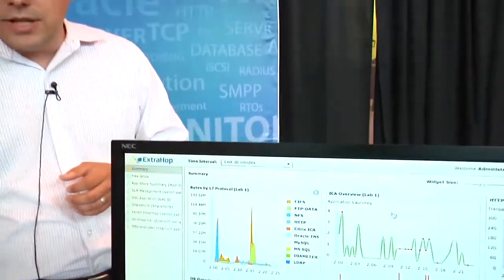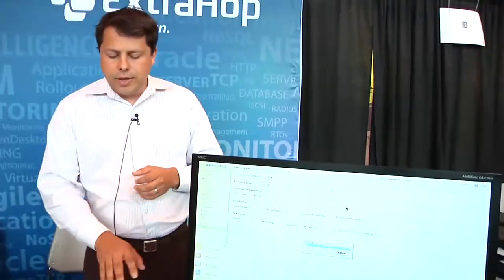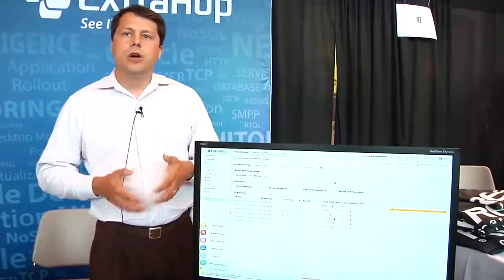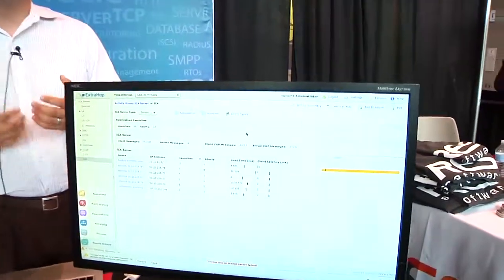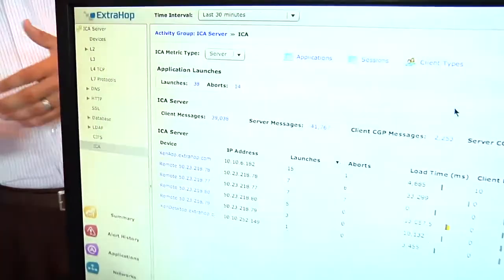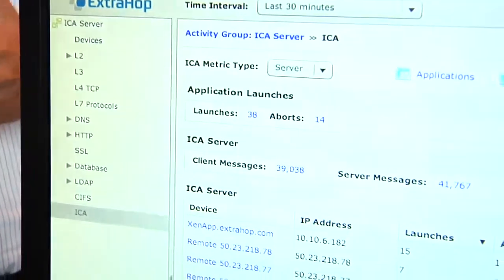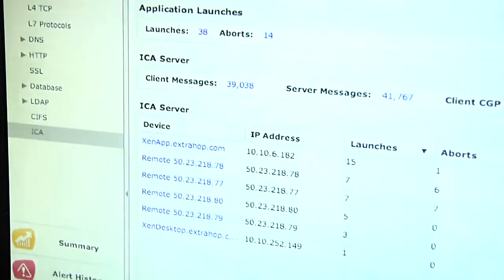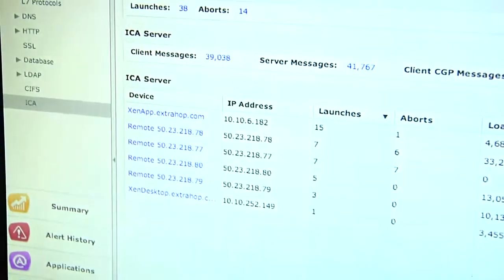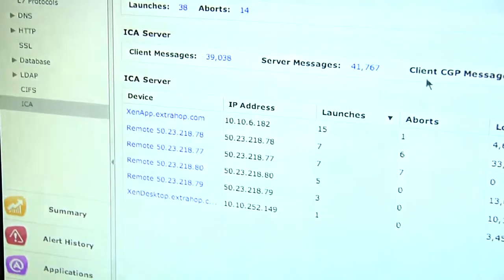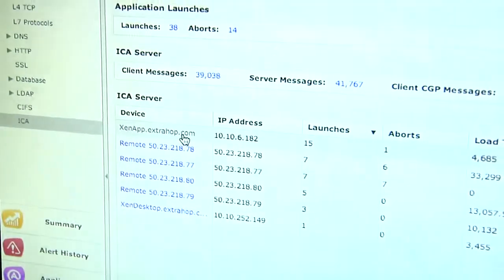I really want to touch on our Citrix analysis though. So here's an example of a summary page for all of the ICA servers in an environment. And again, automatically detected. We don't say these are ICA servers because you told us. We're automatically picking this up because we analyze the ICA protocol on the wire. And what this lets us do in a very, very deep way is go to any individual server